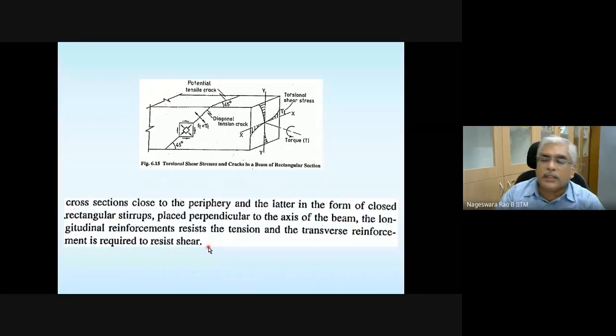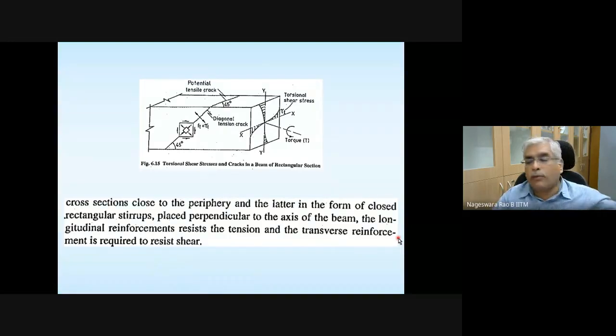So when the beam is subjected to a torque or torsional moment, you need to calculate the additional contribution to the stresses from this torsional moment: how much portion has to be taken care of by the longitudinal reinforcement, and how much by the transverse reinforcement.